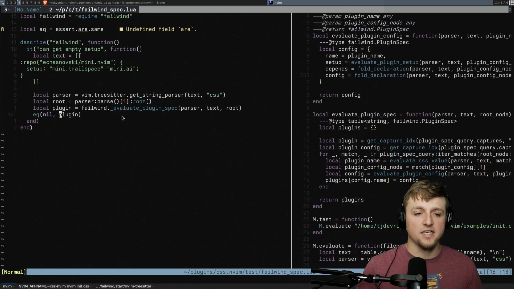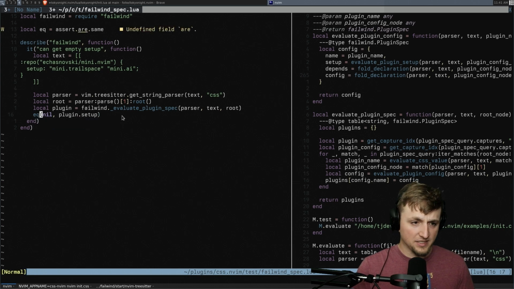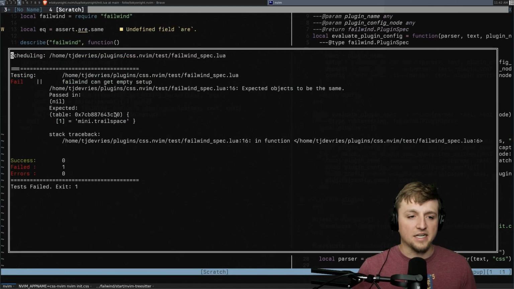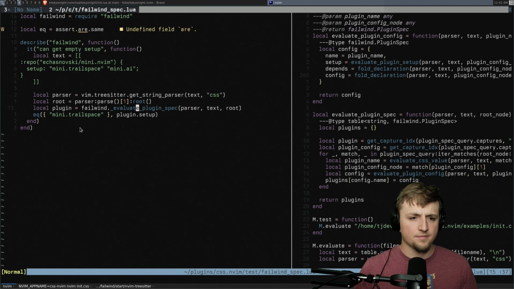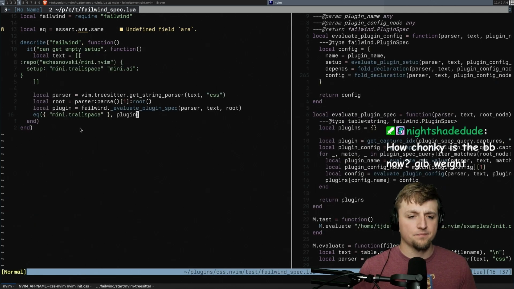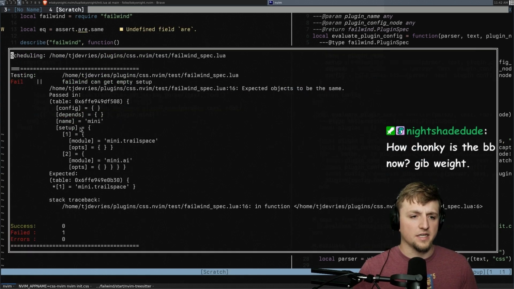This should say something like plugin.setup, and it should be a list of mini. This won't be quite right because it's actually like a list of. Oh, plugin mini. Wait. Plugin is actually, I don't know. What is plugin again? Plugins is going to be this with mini. Okay, yeah. We'll just call this mini here so I can do plugin.mini. Right, and then that should be